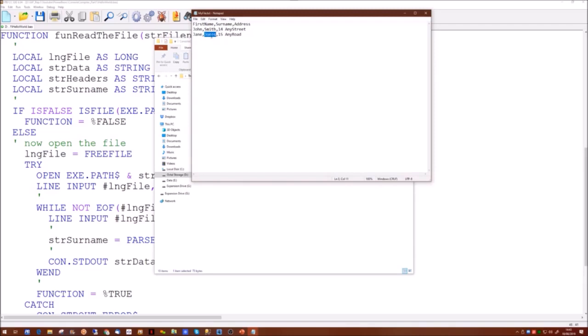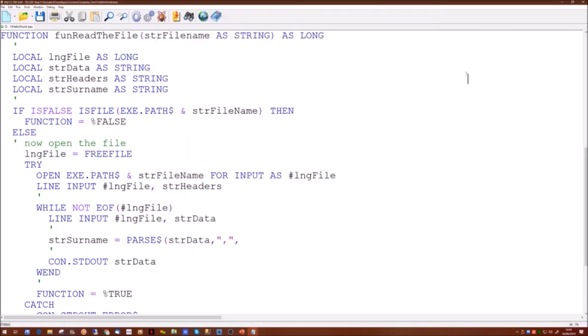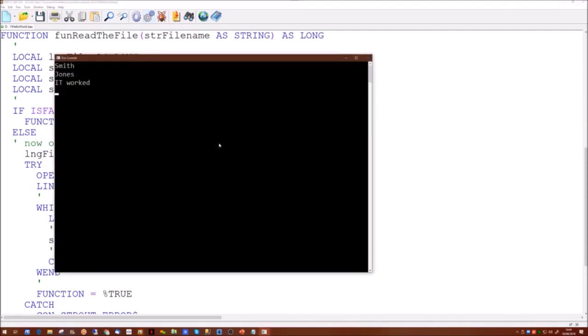So we're interested in the surname, so that's the second one. Our surname is then going to be put into this surname variable. What we'll do then is throw that out to the console just to prove we can do it. And if we run that now, there we go, Smith and Jones. We're getting the surnames coming out, so we're quite easily identifying those.